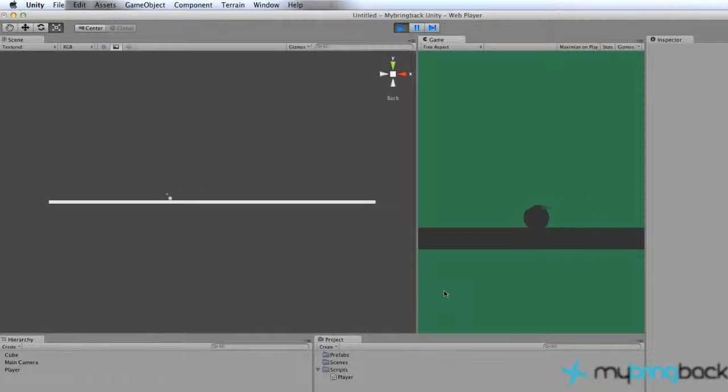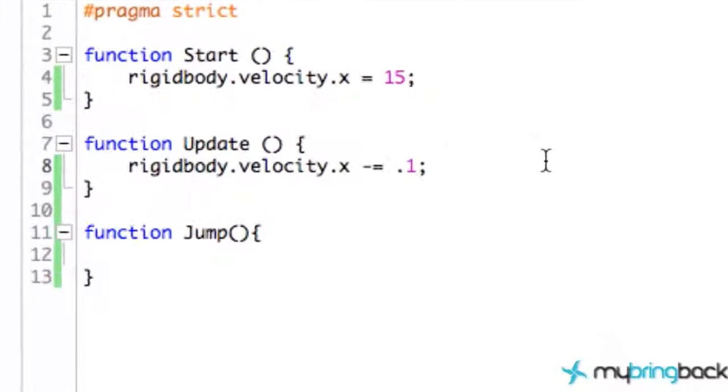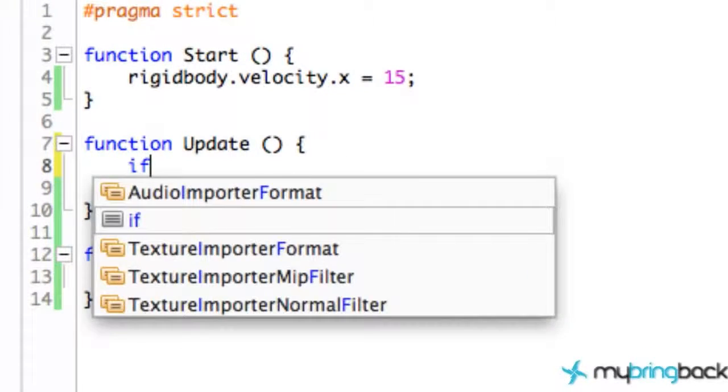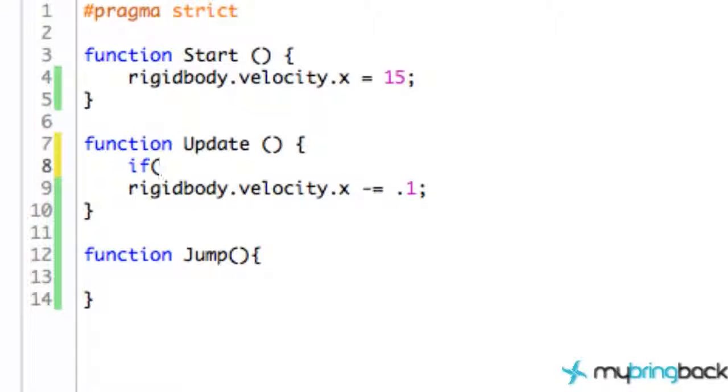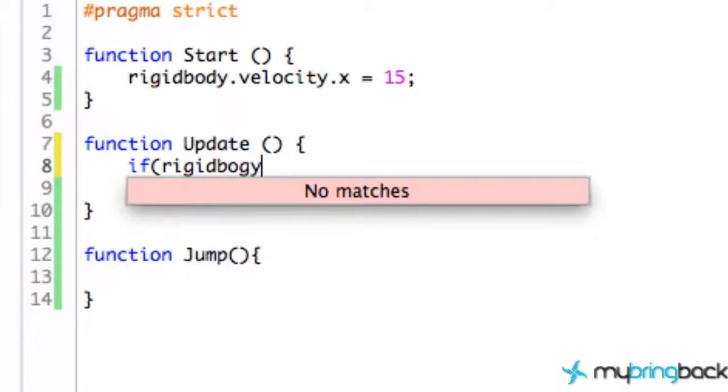So that's the benefit of the update method, because the ball looks like it's getting faster and faster. We have access to consistently updating whatever we want within that update method. That's why it's called update. So that's pretty cool. Let's say we want to have the ball stop once it gets to a velocity of 0. We're just going to create a simple if statement, and if you guys have programmed before, you probably know what this is, but just for example's sake,